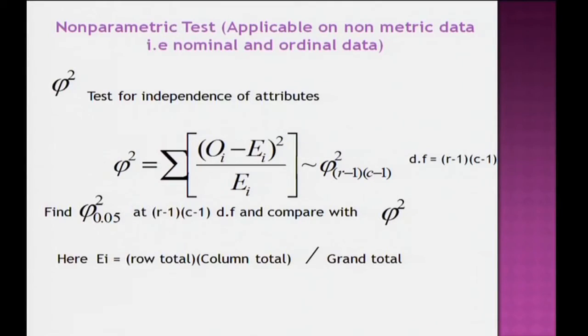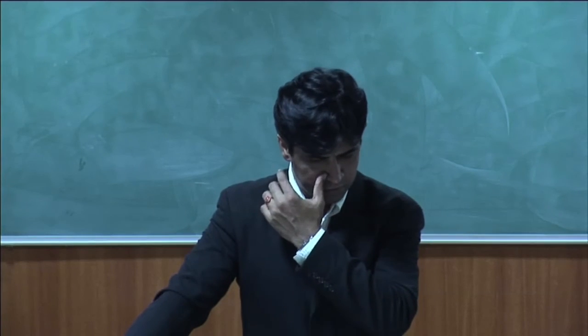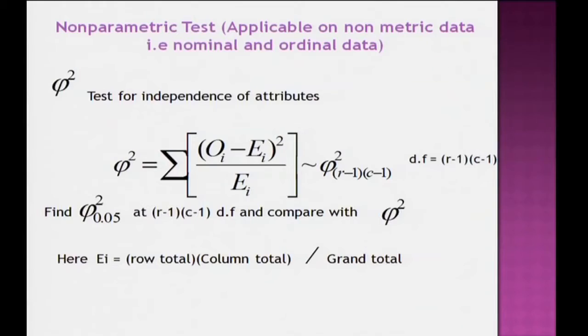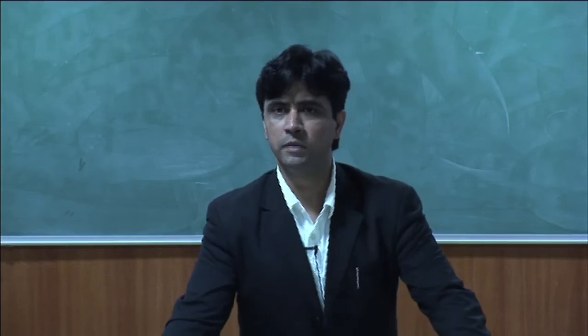Then moving to another category, that is independence of attributes. Chi-square is a non-parametric test, that is, the data you have would be only nominal and ordinal. Nominal means you have only categories of the respondents or persons who are preferring certain homes and not. You can only say this is one category, this is second category, this is third category, and those proportions can be compared. That was one case where you had k observations, k proportions given, so degree of freedom was k minus 1.